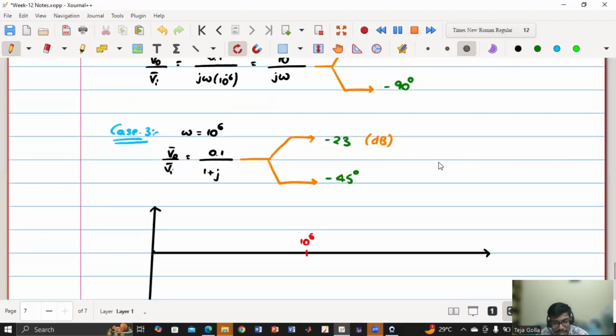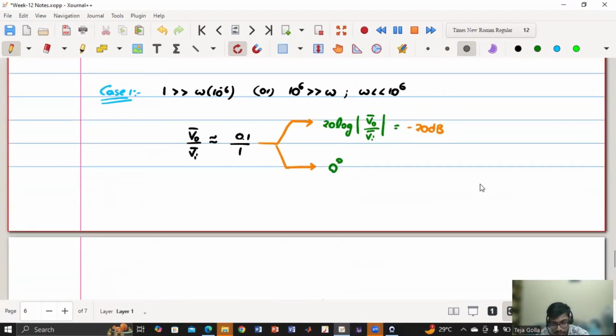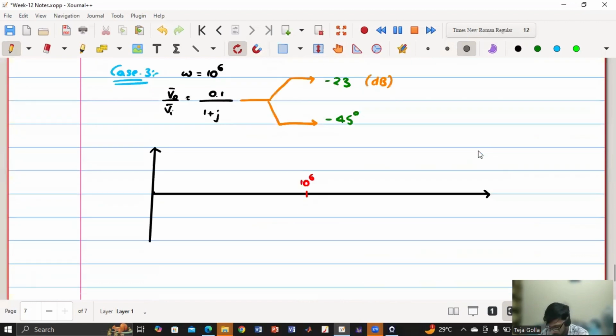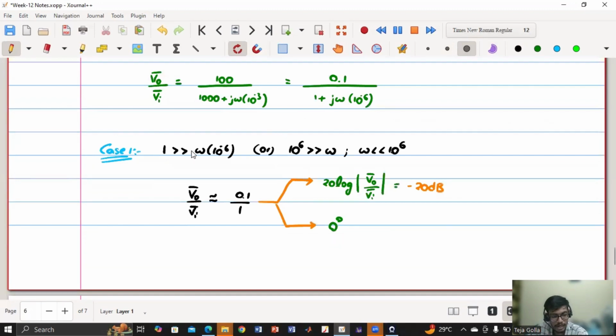So if omega is less than 10 to the power 6, we got minus 20 dB, right? So usually when we consider less than, it means 10 times less than is lesser than. So we have here 10 to the power 5, here 10 to the power 7. Basically, if it is 10 times small, then we can say it is smaller